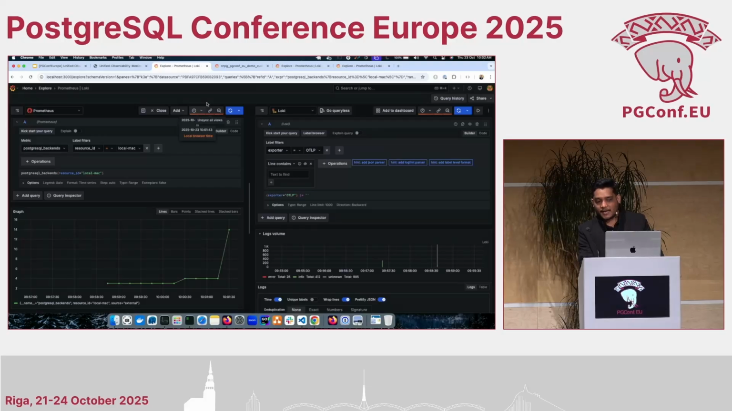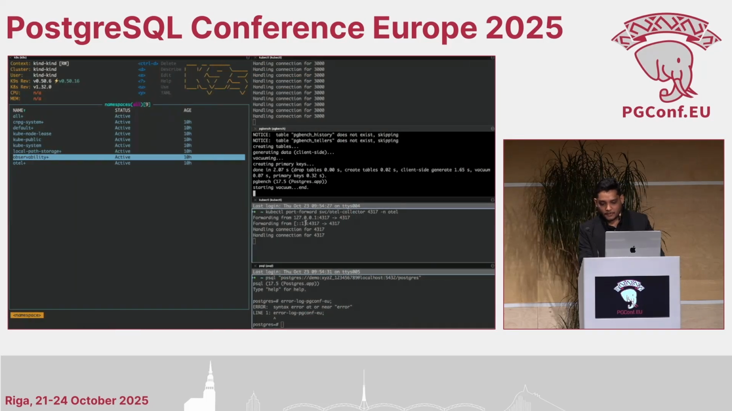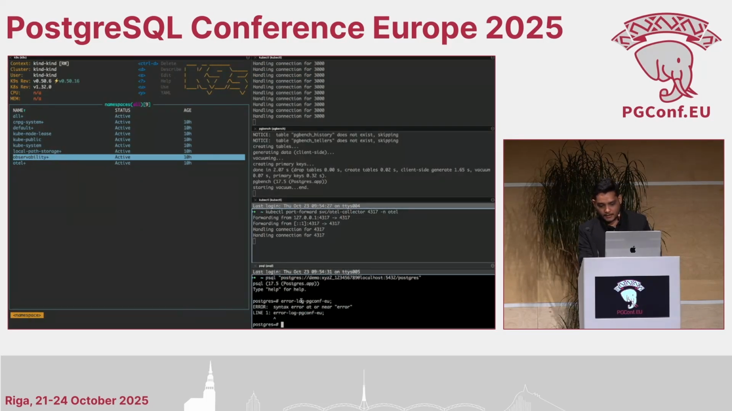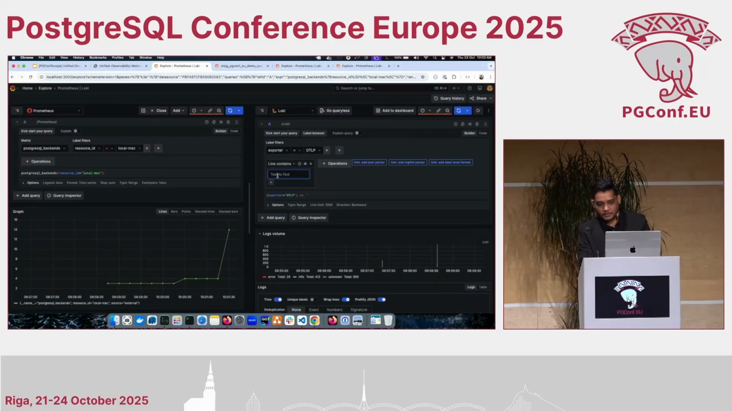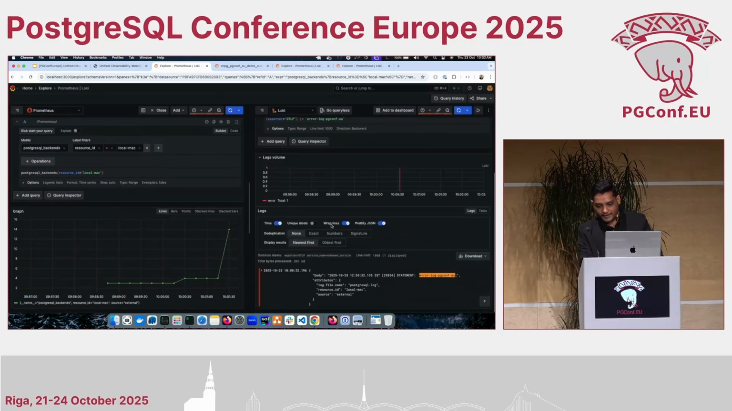Based on this timeline, whatever timeline I'm using here can be synced up with Loki, so that I will see the metrics at that particular point of time and the logs at that particular point of time. And we can filter that particular error message also. Like we created a syntax error to generate an error log. So if I search for this, you can see that in my